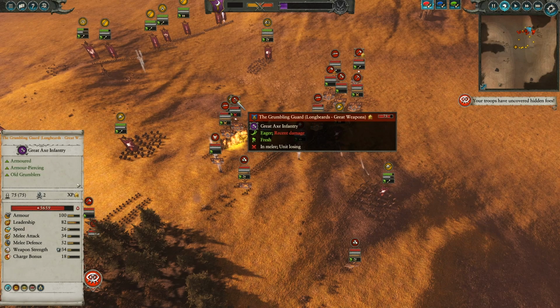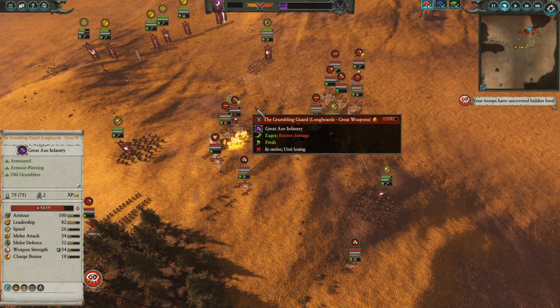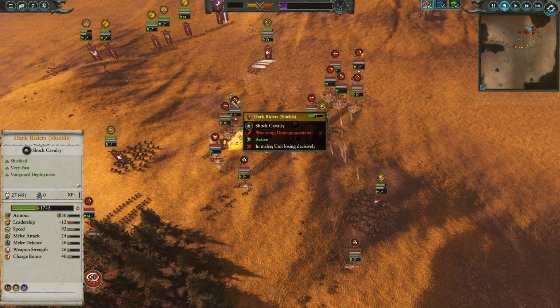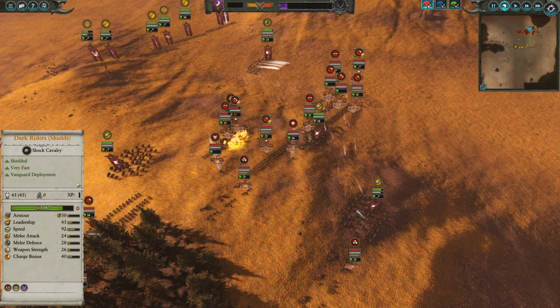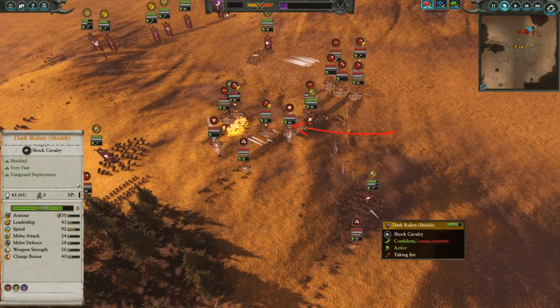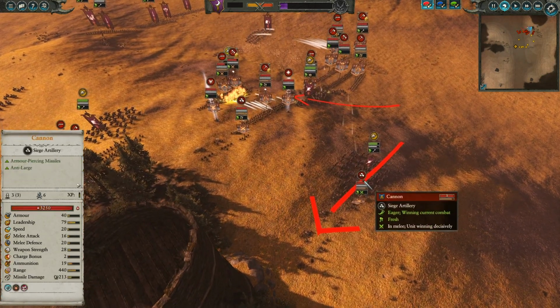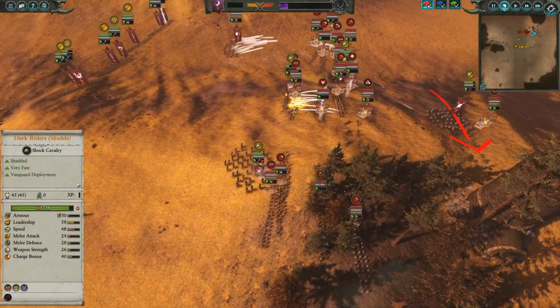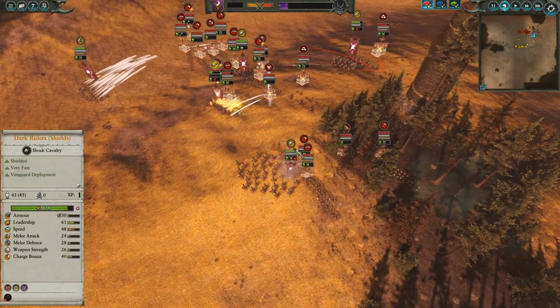They get the charge off, but the Grumbling Guard absorb the charge, do a fair bit of hurt, and then the blasting charges come through as well from the Ekron's Miners, and those Dark Riders basically give up right away. Back here, though, you'll see I am able to push into these Thunderers, as I was mentioning earlier, and these Dark Riders with shields are able to push in to the cannon, shutting down that range support, shutting down that artillery. Very helpful there,